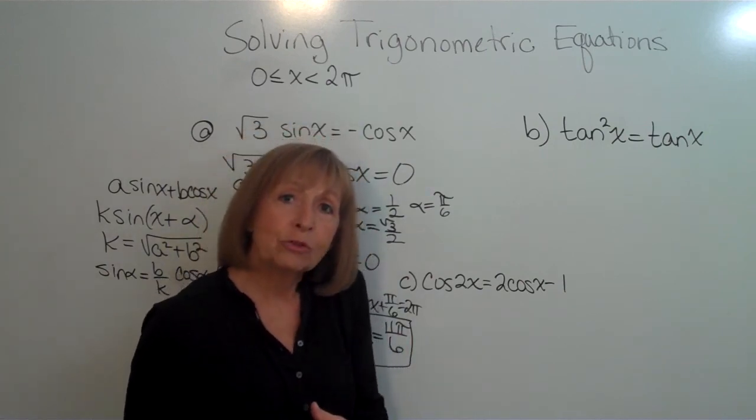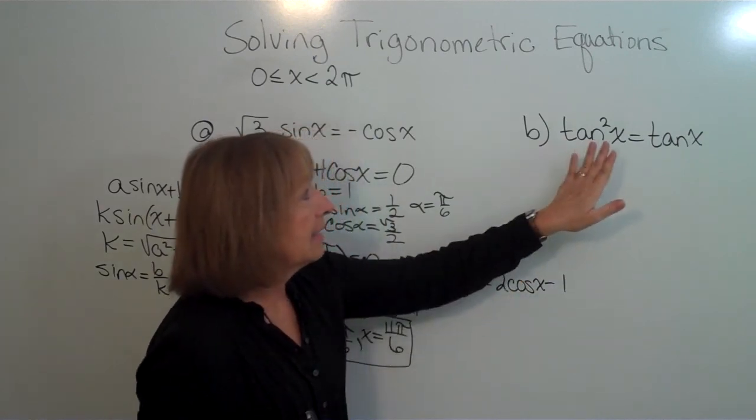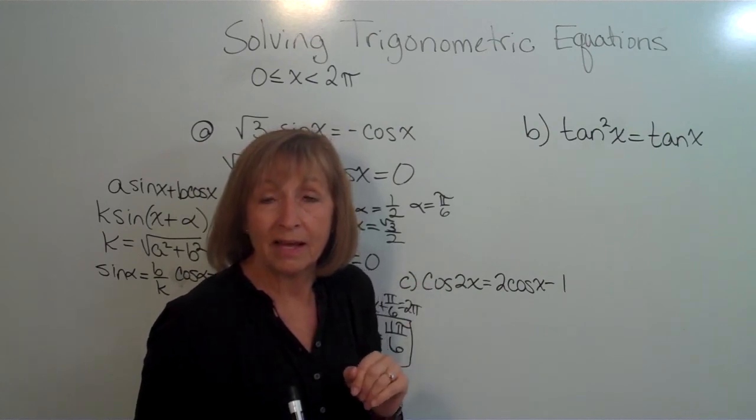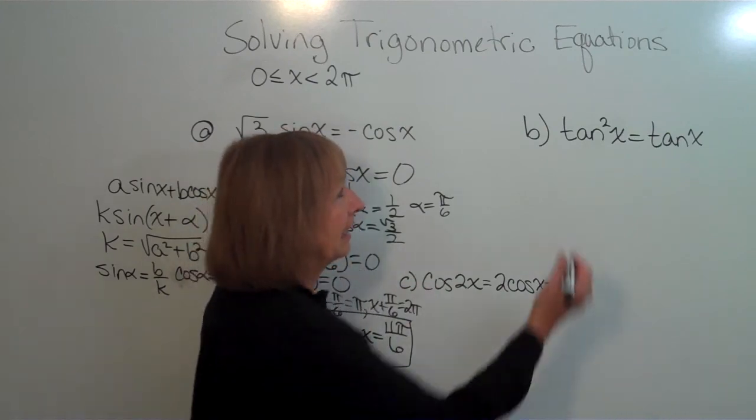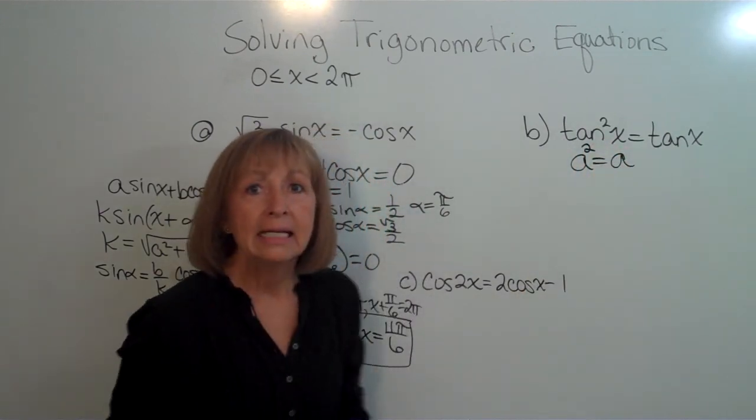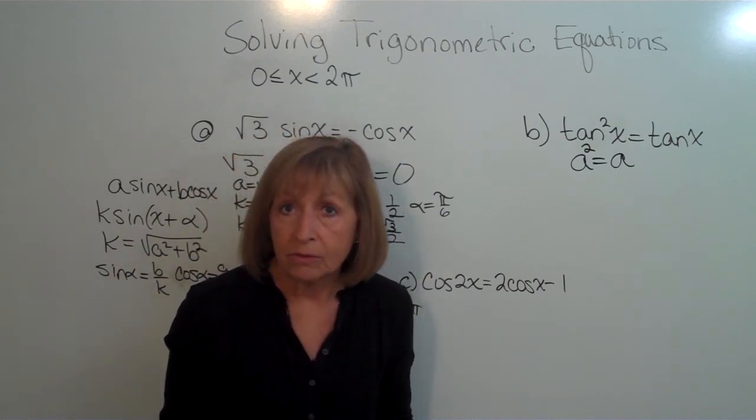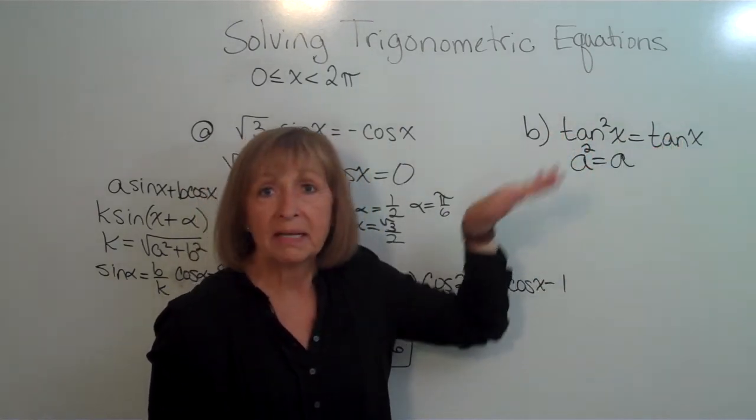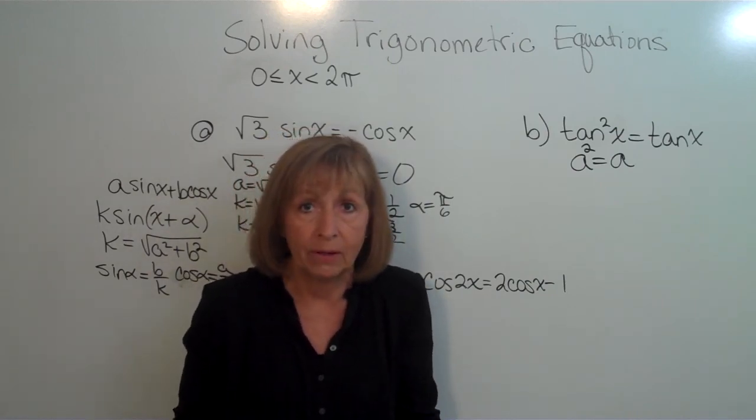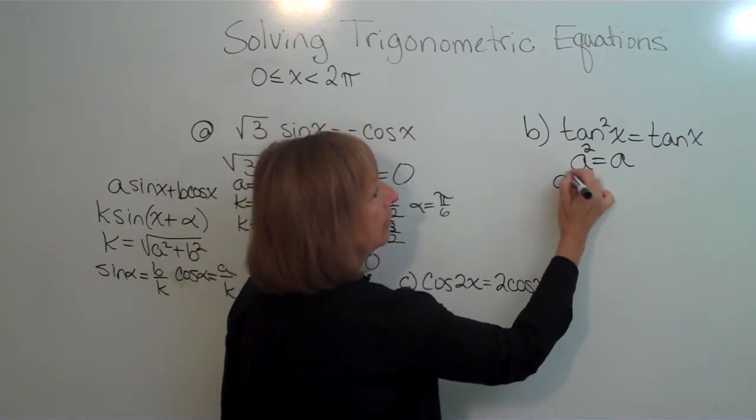Well, let's think back to the algebra on this. Remember, tangent squared x is tangent x quantity squared. And that would give me a tangent x that's squared and a tangent x to the first power on the other side. Algebraically, think that would be like a squared is equal to a. Now with this, we can't divide both sides by a because a might be 0 sometimes. I can't divide both sides of this by tangent x because tangent x could be 0 sometimes and you can't divide by 0. What you need to do is subtract that term over